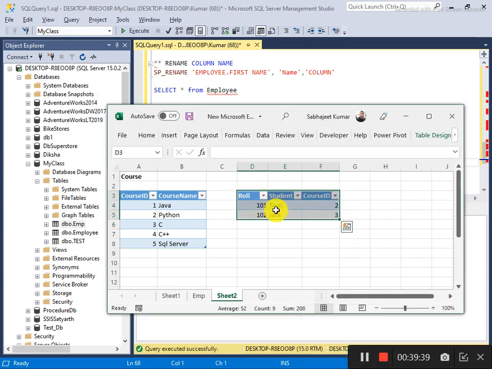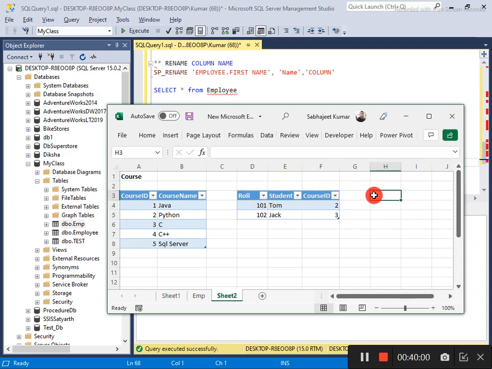What may be the situation? Suppose you have an institute and you are enrolling all the students. The constraint may be that for the course ID you can use only a course which is in the course table. So before entering, you will check here. So the concept is the foreign key. In the same way, foreign key, primary key, check constraint, unique constraint, default, all these things we will discuss here.